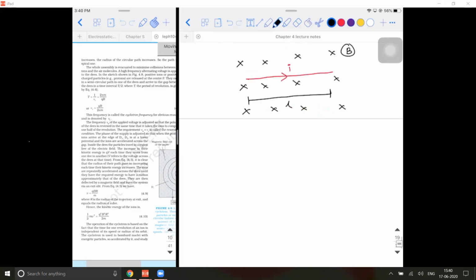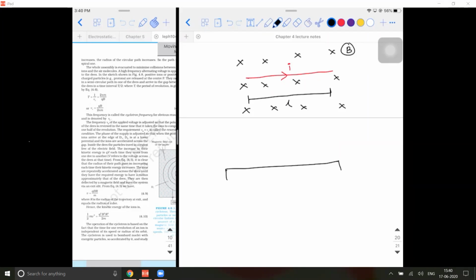Can you guess what exactly would happen to it? Suppose I have a current carrying conductor. I'm drawing a free body diagram, okay? When the current is flowing in the rightward direction, what can I say about the direction of flow of electrons? Opposite direction, right? Now see how we are going to connect the topics. There is an electron and the electron travels in the opposite direction.